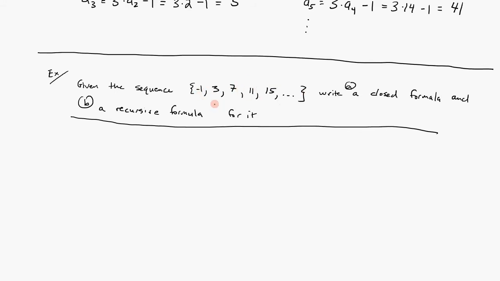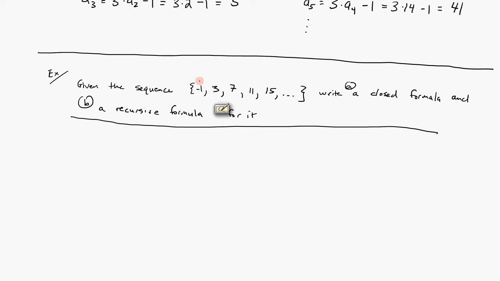So the idea is that, say we have a sequence of numbers that follow some kind of pattern. We want to try to figure out the general pattern so that we can calculate all of the terms in the sequence if we wanted to. Right, so to figure out the formula, you want to try to look at the numbers in the sequence and try to figure out a pattern to it. A good idea to start is to look at consecutive terms and see if there's a common relationship between them. And so if we look at the successive terms here,